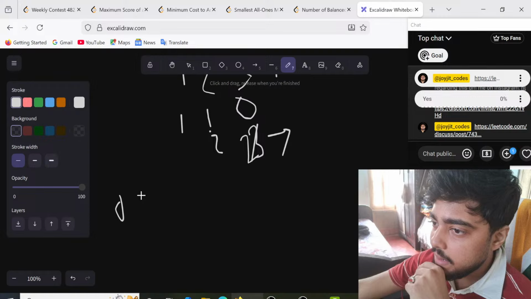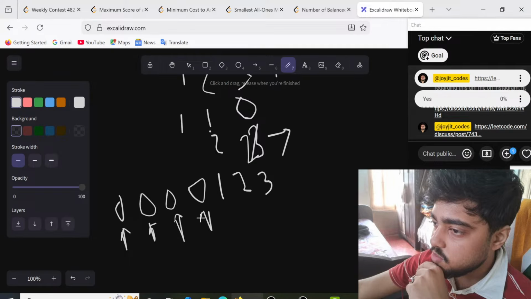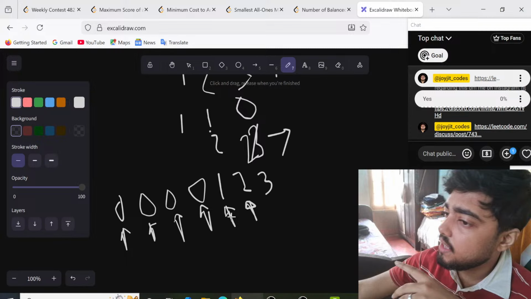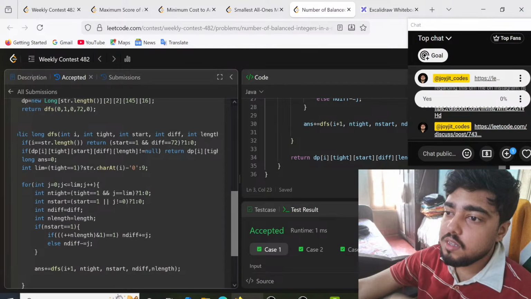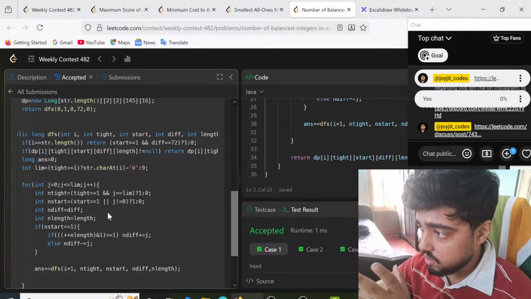So if you're at this position, you have not started it. At this position, you have not started it. This position, you have not started it. This position, you have not started it. This position is started. Which means that if you have started it, let's say at this position, has it been started? Yes, because you have already started it. And if you haven't started it, you have to check that that element is not 0. Then you have started it. That is, either earlier you have started it, or that element is not 0. Then you have started it.